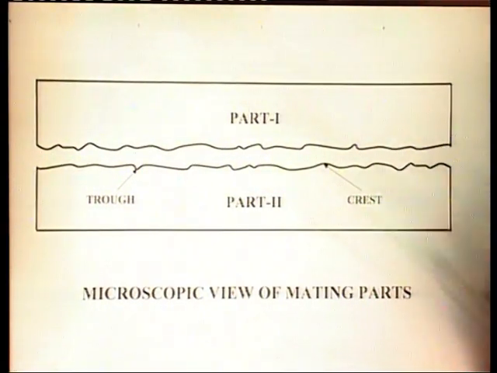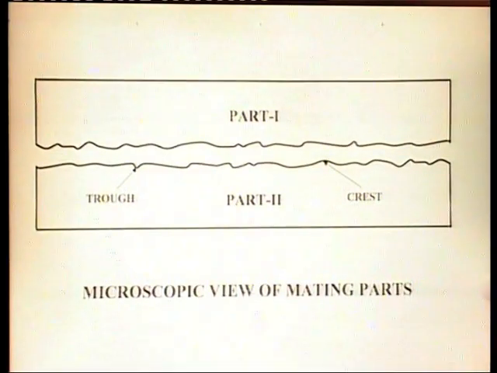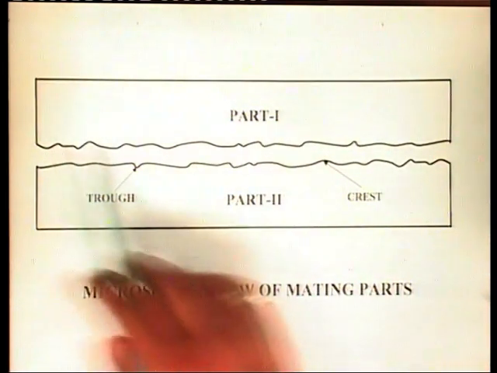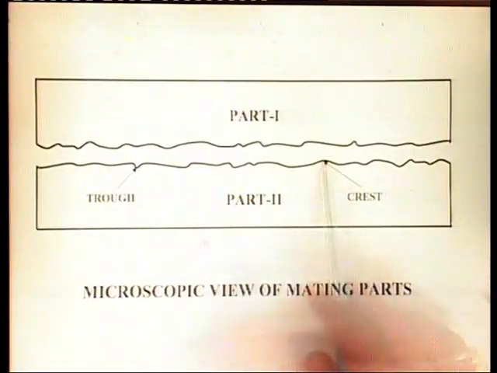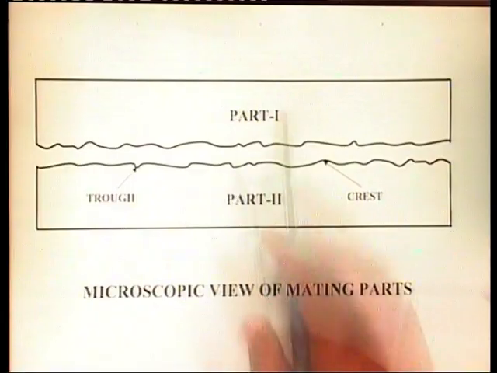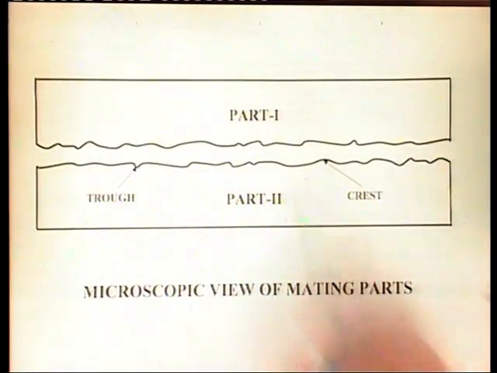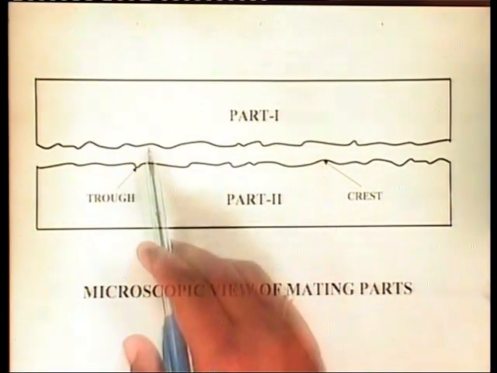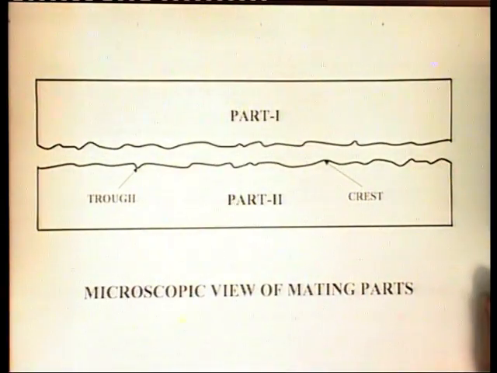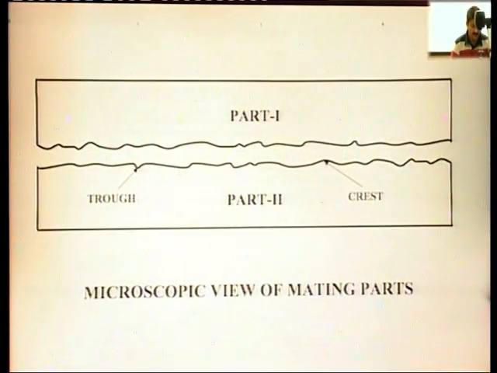This is the microscopic view of mating parts, and at microscopic level we can see that these are the two parts. We see small rough crests and troughs at the surface of these mating parts. So, at this microscopic level we can imagine that when these parts rub over one another, these crests and troughs will interlock with each other if there is not any lubrication, which will result in wear and tear and